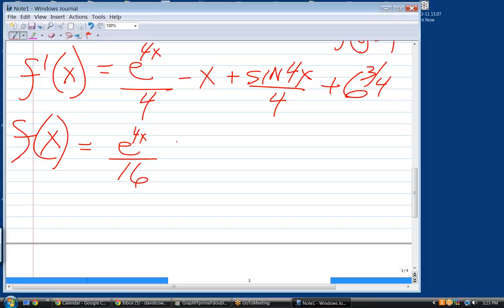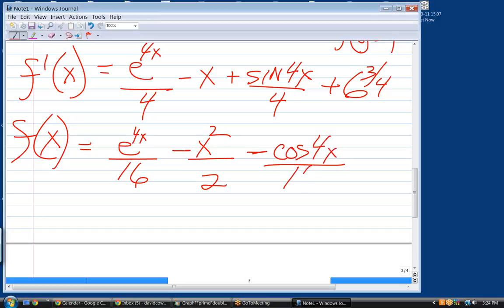Uh-huh. Minus what? Minus x squared over 2. And then plus or minus on the sine term? It would be minus, I think. Yep, because the derivative of cosine is minus. So it's cosine of what? 4x